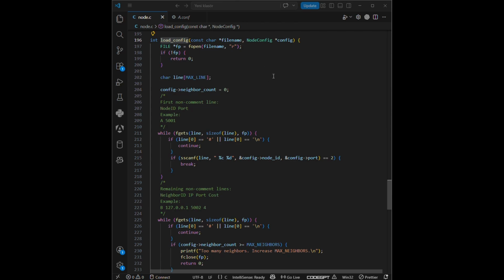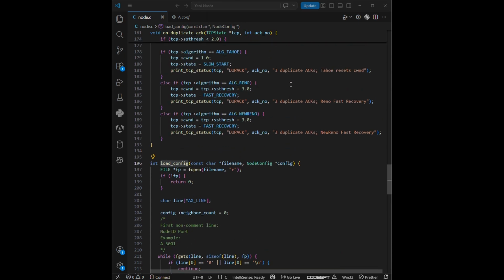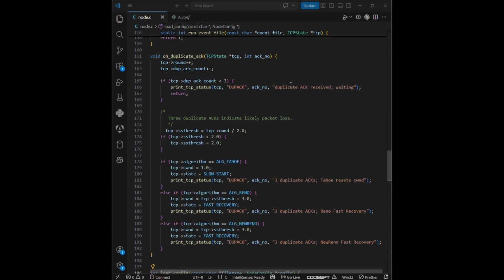Now it's my turn again to demonstrate the triple-duplicate ACK scenario. This is perhaps the most critical defining feature of TCP-Tahoe, especially when compared to newer algorithms like TCP-Reno. Tahoe does not include a fast recovery mechanism when it receives triple-duplicate ACKs. It assumes that a packet is definitely lost and treats the network